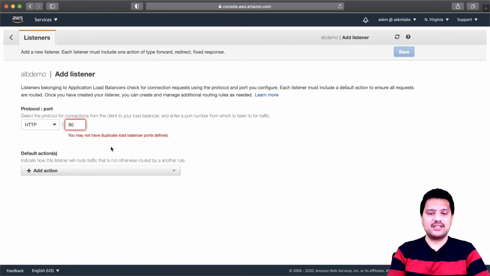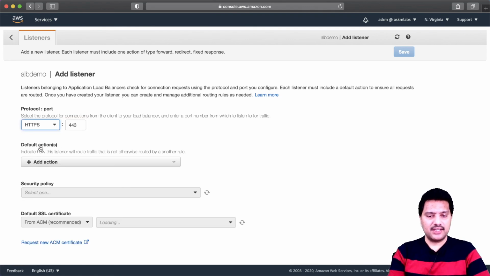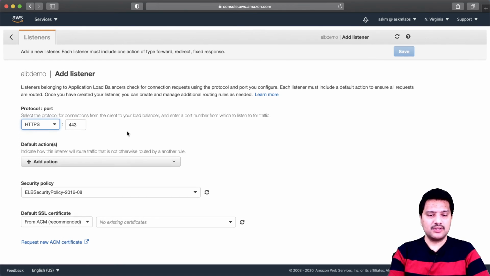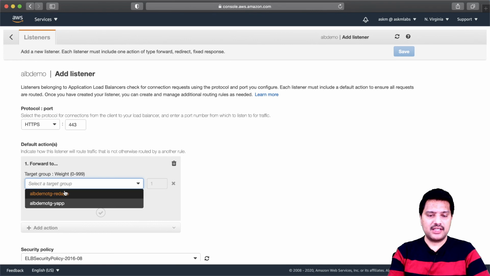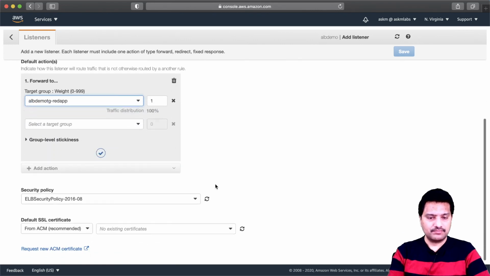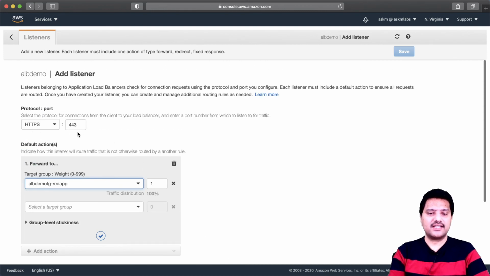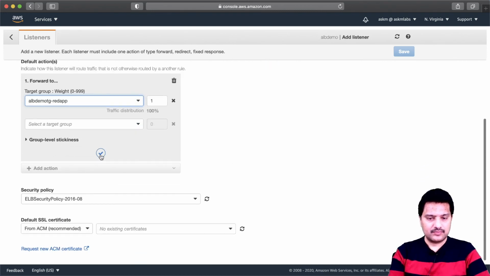This time the listener will be HTTPS, and the port will be 443. I should make sure that the security group allows this port to talk to the web server, and I have to choose one default app for this. So the default app will be the red app. This is not the actual rule, but this is a default app to access the HTTPS listener. Then,